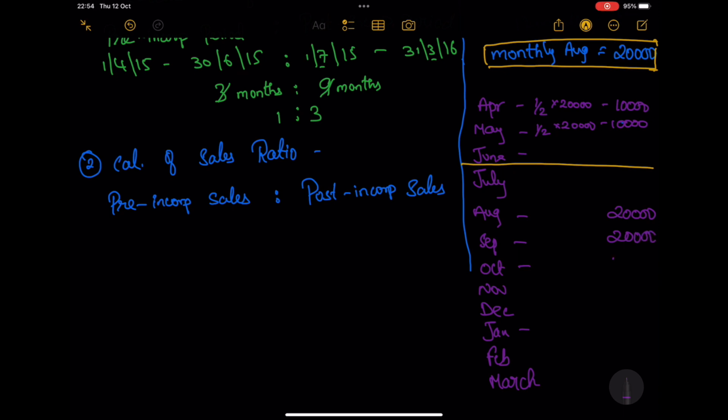again 20,000 and Jan 20,000. Okay, next line, February and March half the sales of each month, same as above, 20,000 into half, so 10,000, same as above,